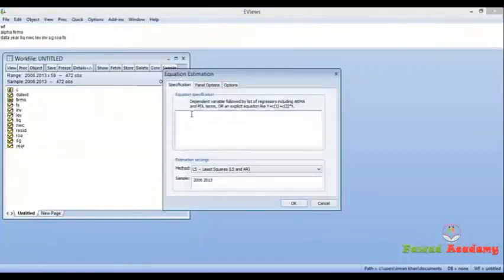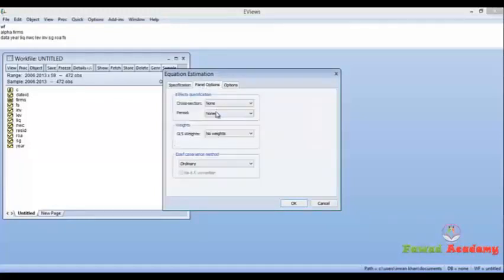First insert your dependent variable, then C, then all independent variables, which are FS, investment, leverage, net working capital, ROA, and sales growth. After inserting all the independent and dependent variables, go to the Panel option, and from period select